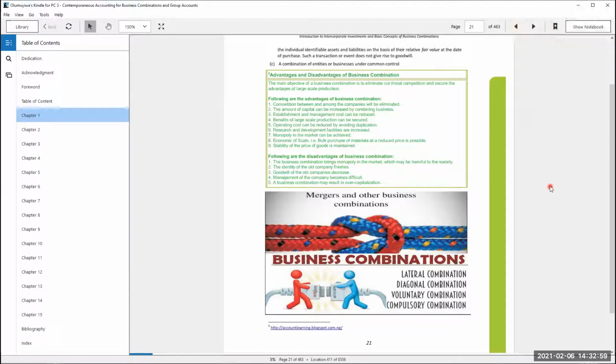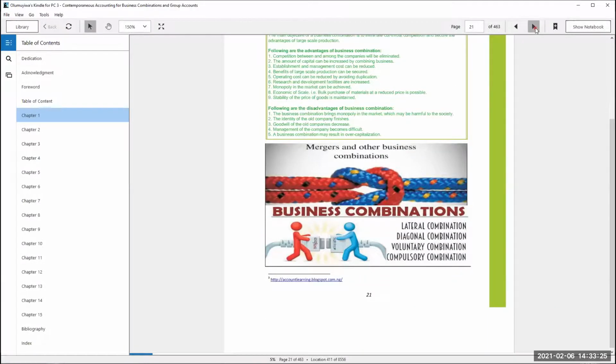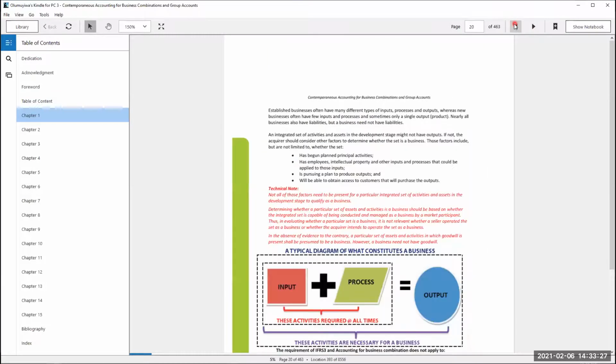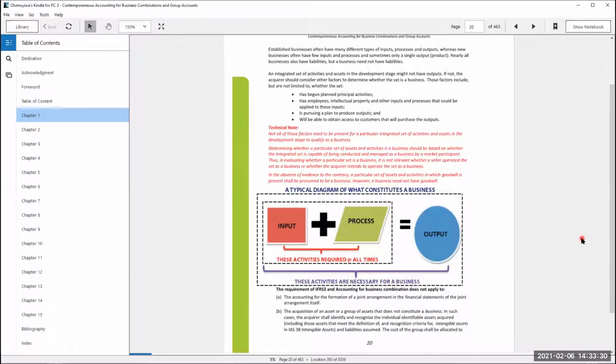I just want to mention some of the importance which I heard when she read. In a business, there are so many competitions, and this competition affects prices of goods. It affects output. It affects their profit. So, two businesses coming together will eliminate that competition. That's on the good side.